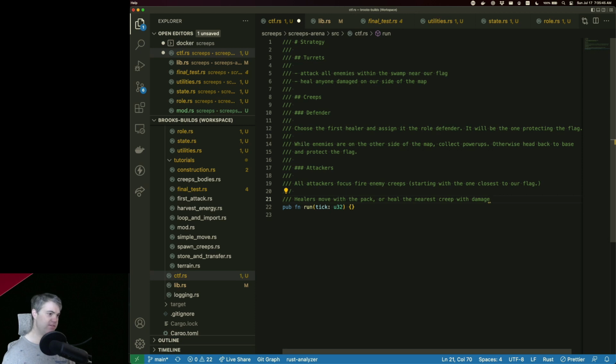And then we have to eventually get to the flag. I mean, we could just attack everybody, and once all the enemies are dead, then we take the flag. So once all enemies are dead, swarm the flag. Really, this should probably just be all. So in this case,